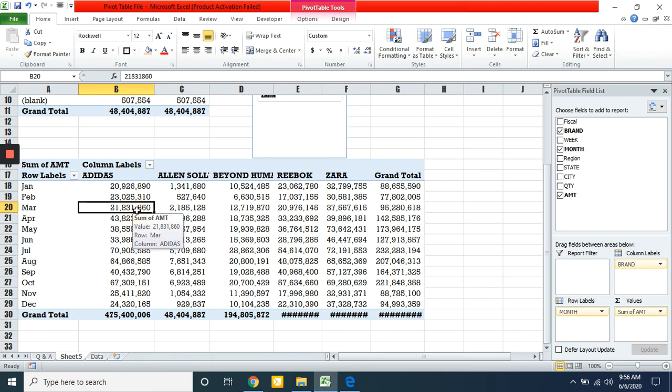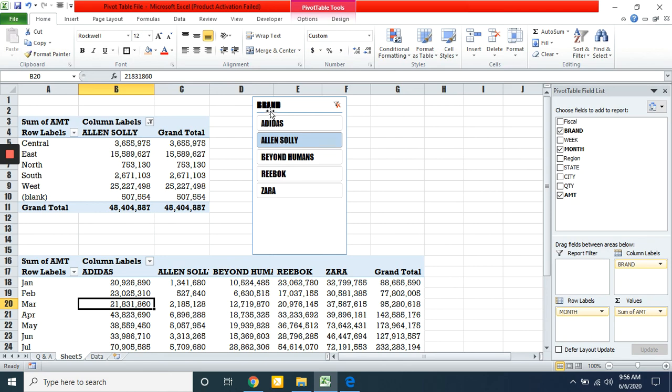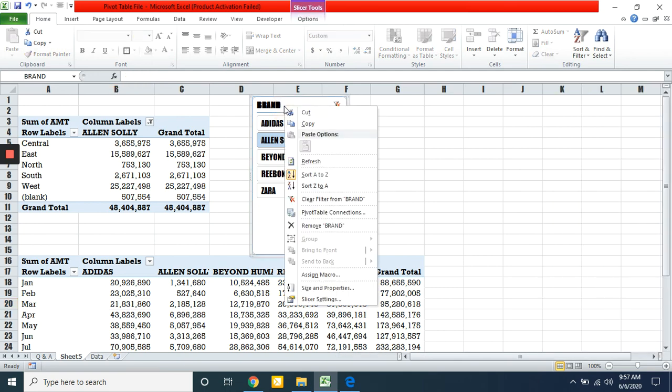We need to connect this particular slicer with this pivot table. So how to do this? You can right-click on the slicer and click on pivot table connections. Once you click on pivot table connections by right-clicking in this slicer,